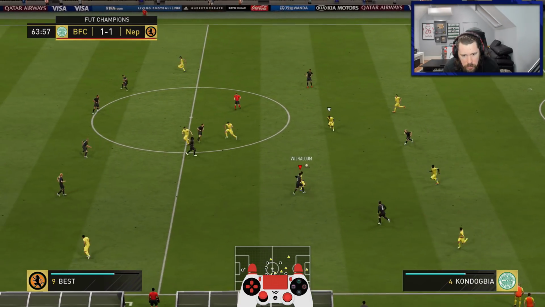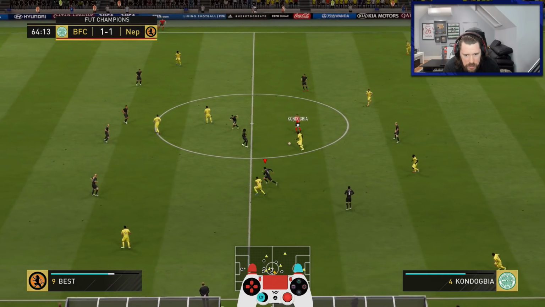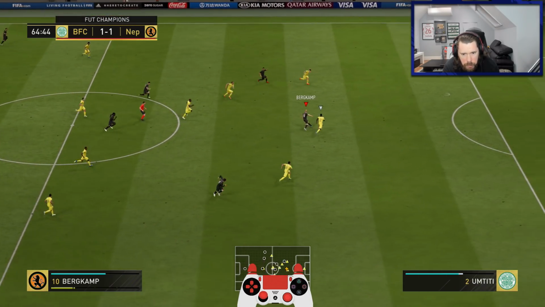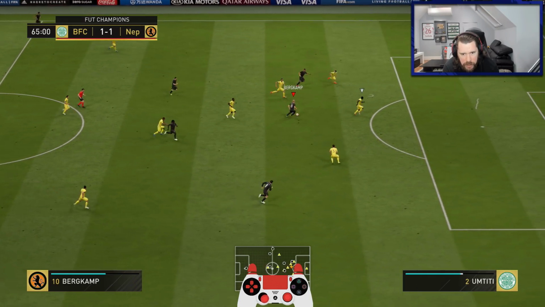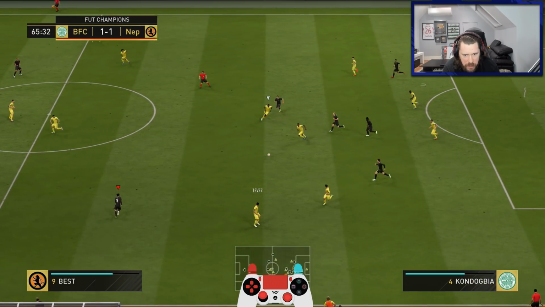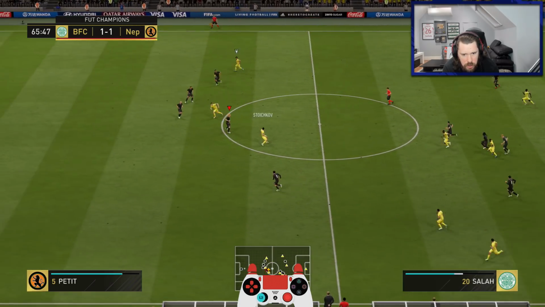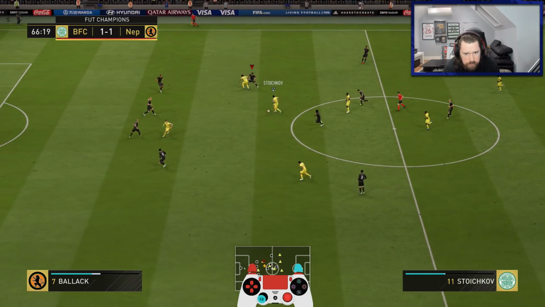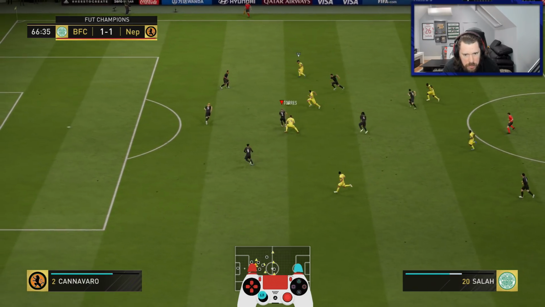Don't let him turn around on that one. Yeah. This guy's still got Wijnaldum in there. That's pretty interesting. That's a good tackle from Seedorf. Aubameyang into Bergkamp. Bergkamp and Aubameyang linking up. He's given Bergkamp the space. I've tried the scoop. I should have played the pass, really. That should be my ball. I feel like I should have come away with possession there, but...